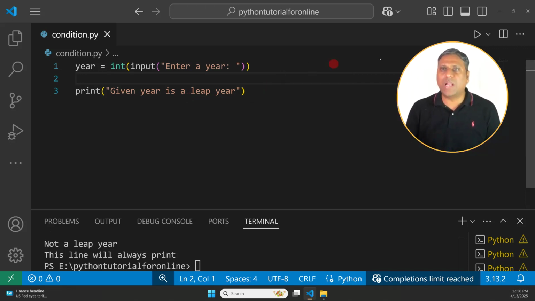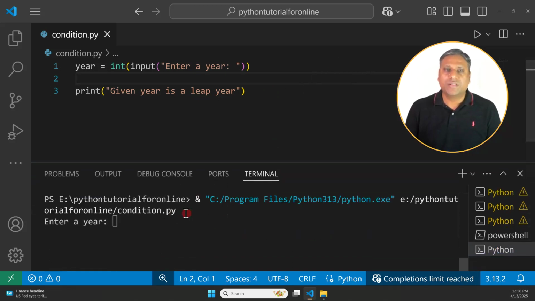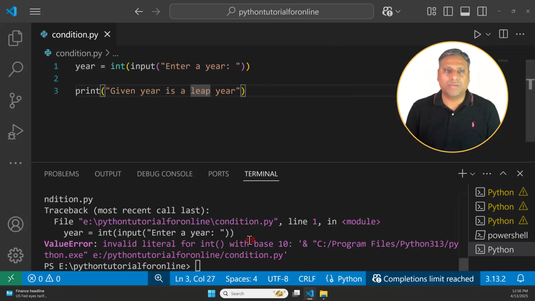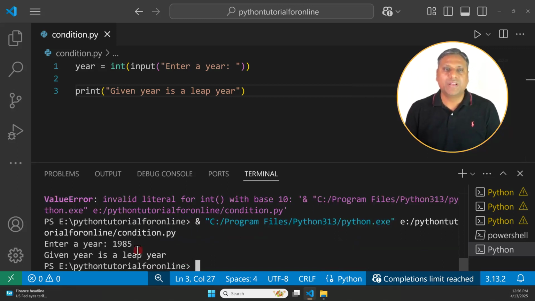Let's first run this program and see what the output will be. Oh, sorry, I didn't give the input. So let's run it again. It's asking for a year, so let's give 1985. And it's telling me the given year is a leap year, while it is not.